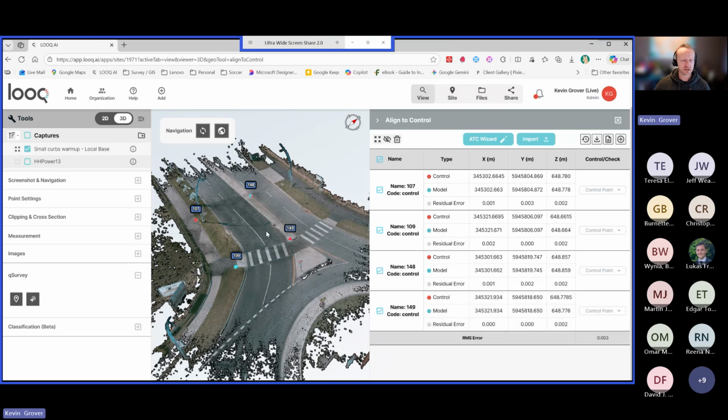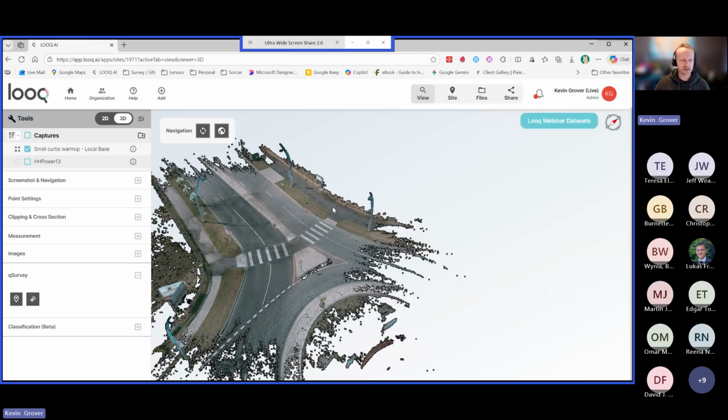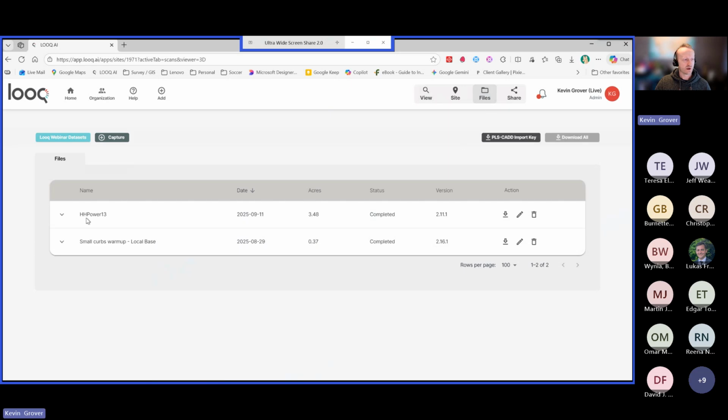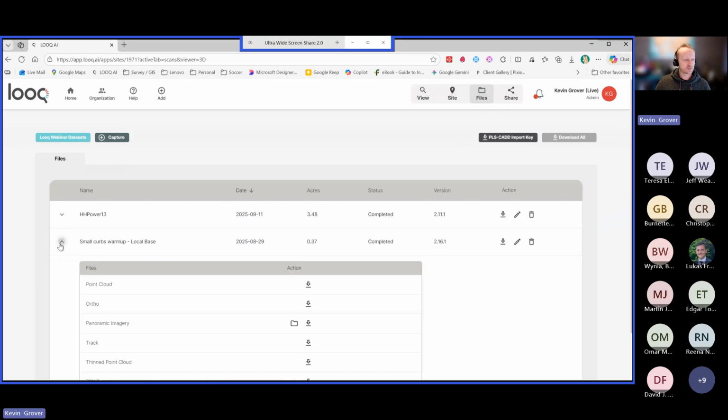In this case, I've got this aligned. I've got very tight residuals. These are millimeters. So we're down to really tight data over this small section of information. So I've got some confidence in my data now that my point cloud and my ortho image are all in the right coordinate space. The Files tab is where you can now go into your data product